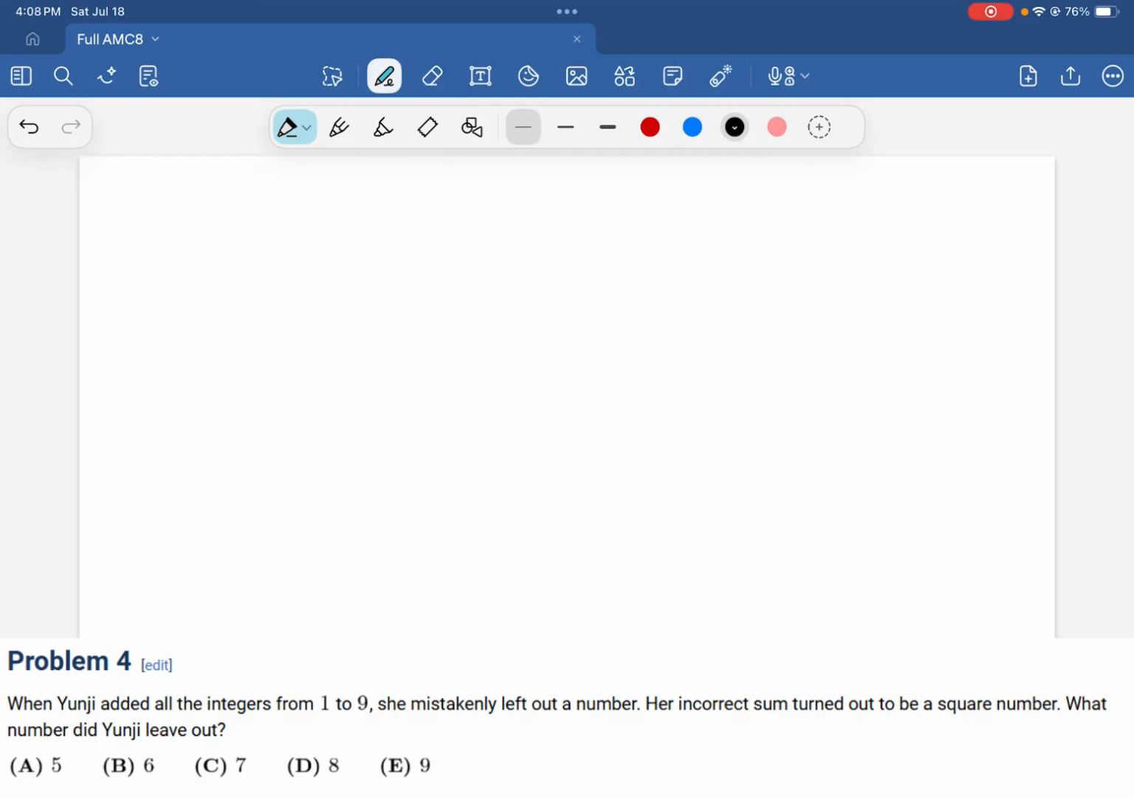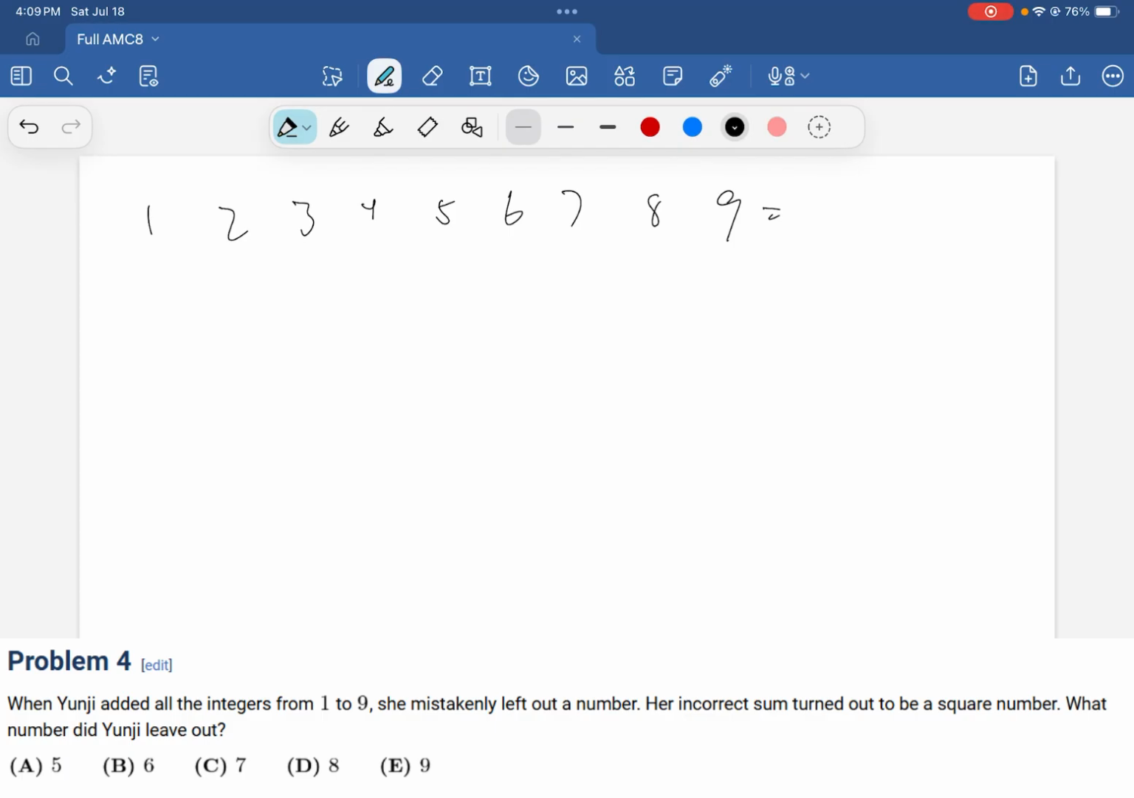Problem 4. When Yoonji added all the integers from 1 to 9, she mistakenly left out a number. Her incorrect sum turned out to be a square number. What number did Yoonji leave out? So if you consider all the numbers from 1 through 9, if you add 8 of these, leaving out one number,